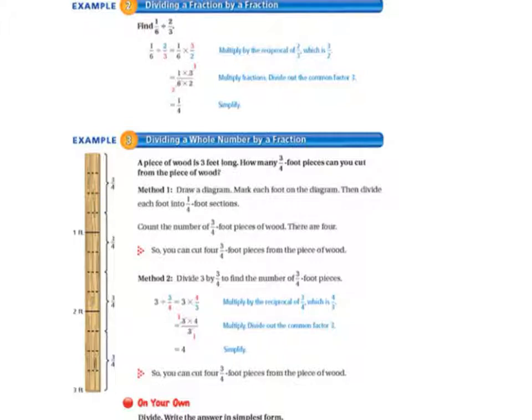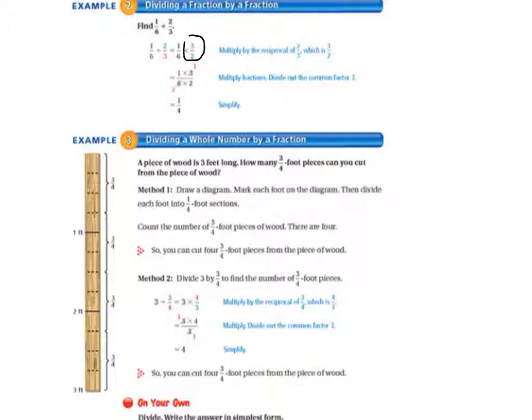It says find 1/6 divided by 2/3. So we leave 1/6 alone and we take 2/3 and we use the reciprocal. So we flip it over and rewrite it as 3/2. So our new problem is multiplying